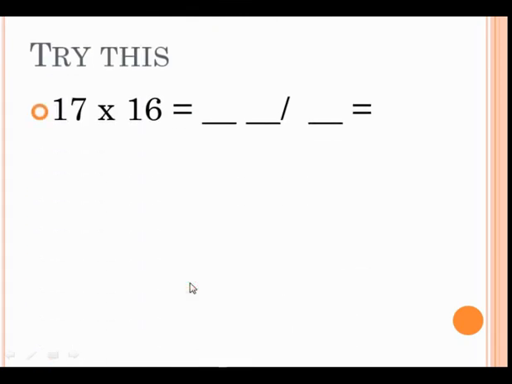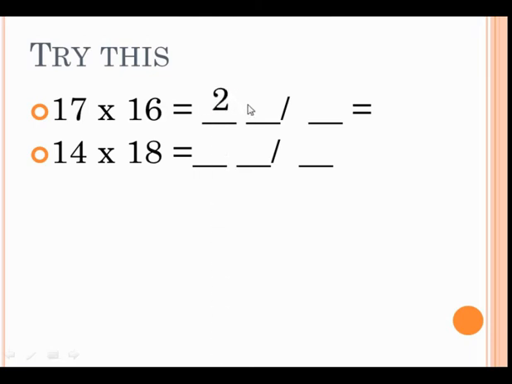Try this. 17 multiplied by 16, 14 multiplied by 18. I will do this first one. 17 multiplied by 16. Without writing all the steps, we can do it in a shorter way. You want to do it like this, that is, take 17, the first number itself, then take the unit place of the second one, so 6. You have to add this 17 plus 6, that is 23.